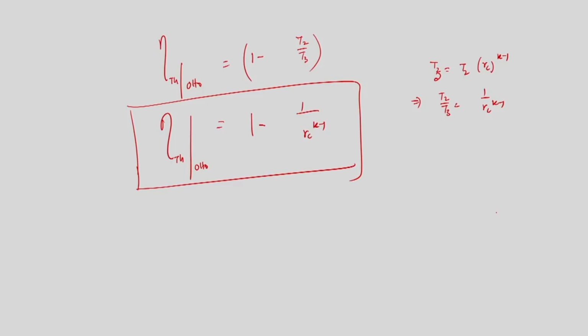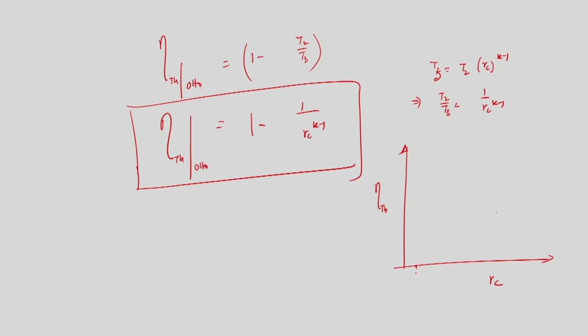This efficiency is known as indicated thermal efficiency, as the heat transfer values are those to and from the air within the combustion chamber. What you can see is that if we plot thermal efficiency against r_c, from this expression it is clearly seen that if we increase the compression ratio of the engine, then the Otto cycle efficiency will increase. Starting from 1, it will keep on increasing with the increase in the compression ratio.